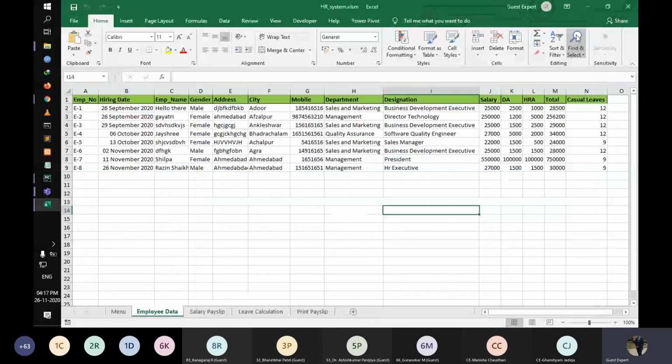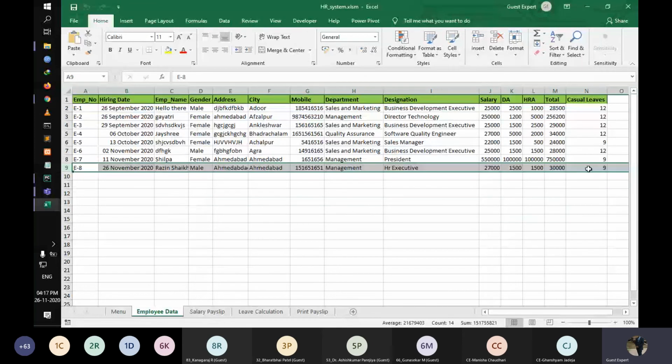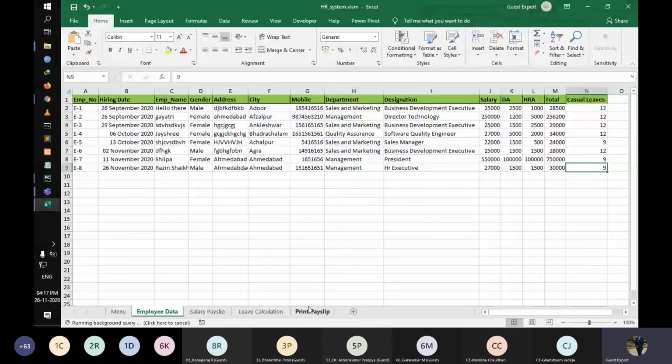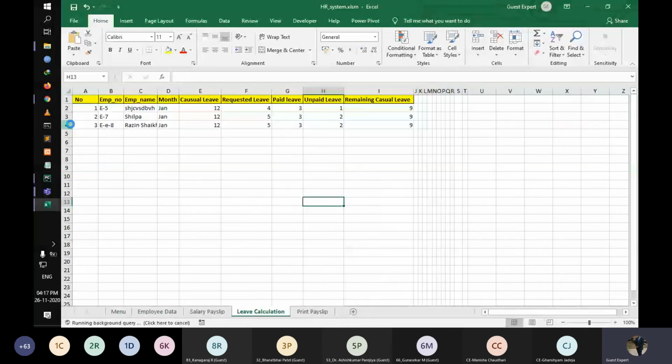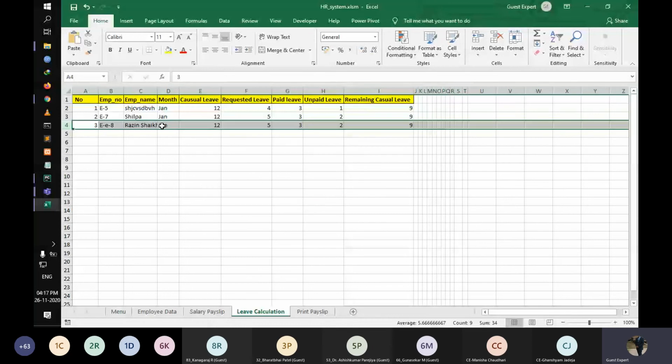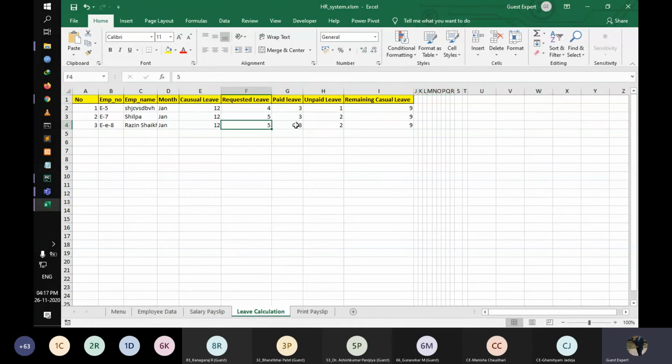As you can see here, the 12 leaves I had are now 9 because I took 3 leaves in the month of January. It is also mentioned in the salary slip that Razin Sheikh took leave in the month of January, which initially was 12. Requested 5 leaves, but only 3 were allowed and 2 were unpaid, and the remaining leaves are 9.